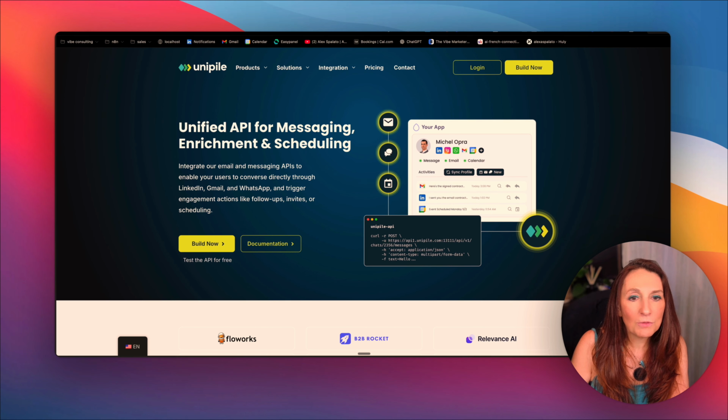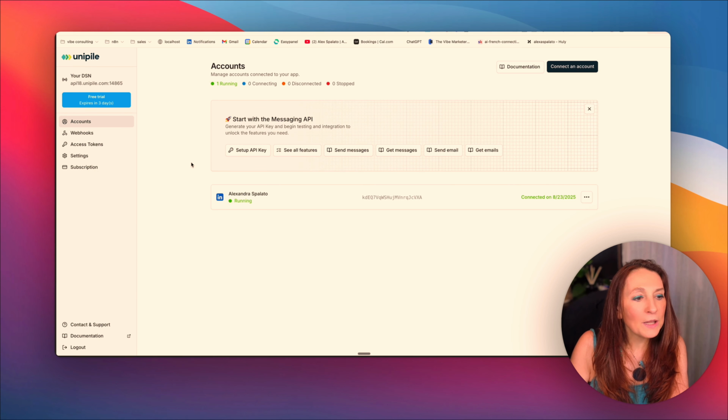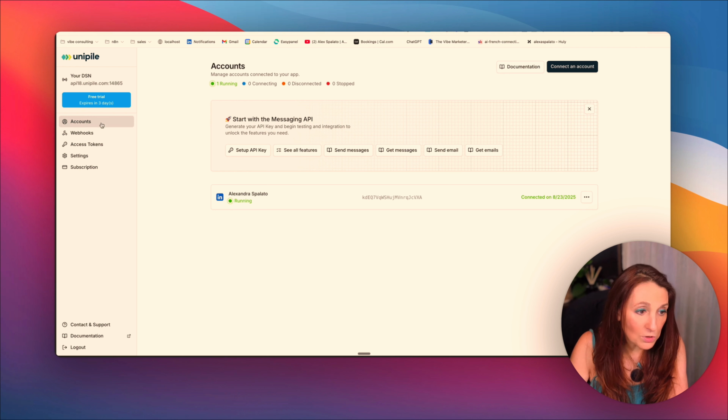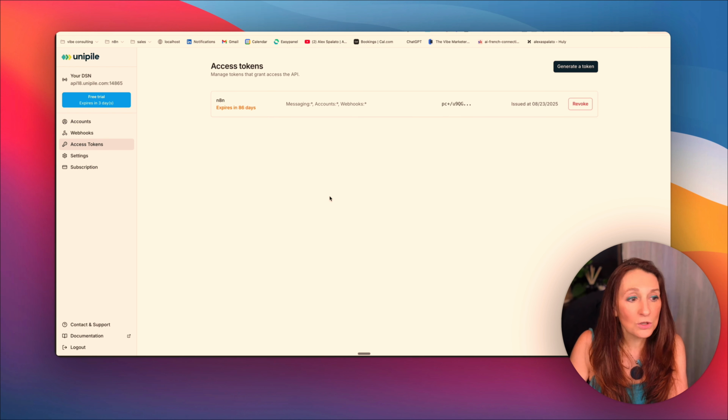So here, if we go to the dashboard, we need to create an access token. So we have 7 days of free trial. Me, I have an account, but this is my demo account. So here we create an access token,